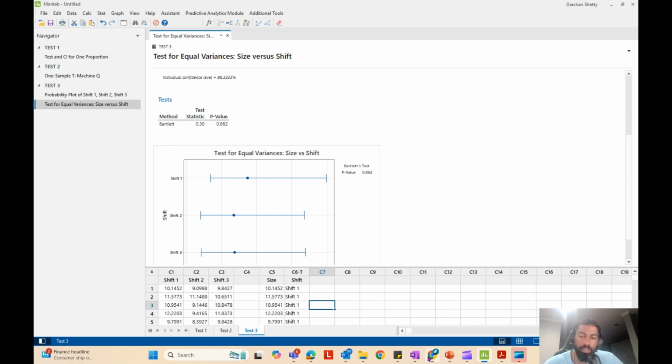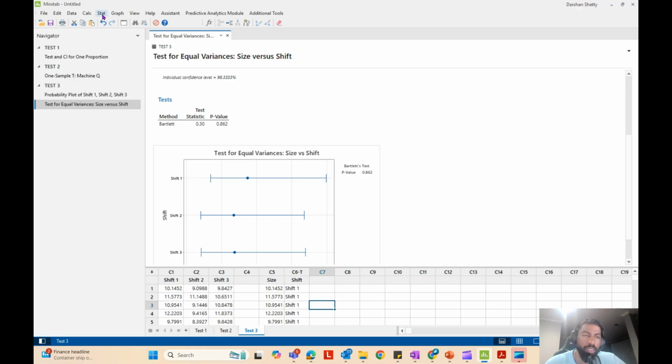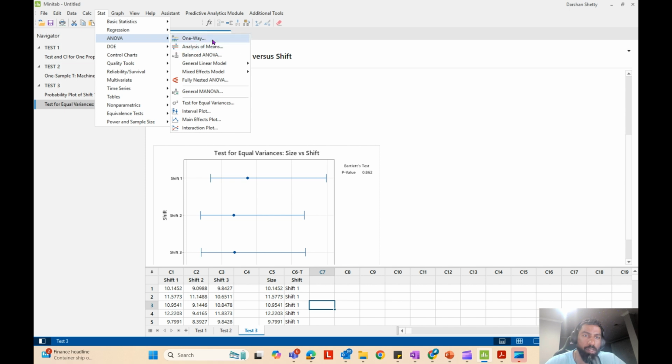So let's go ahead and do the ANOVA test. So the data for the three shifts is normally distributed. The data across the three shifts have equal variance. Now to perform the test 3, all we got to do is the ANOVA test, and that can be done by going to Stats, ANOVA, and One Way. The reason we are doing one way ANOVA is because we have one factor and one response. So to do the ANOVA test, go to Stats, ANOVA, One Way,